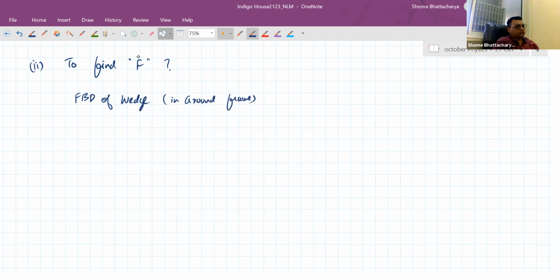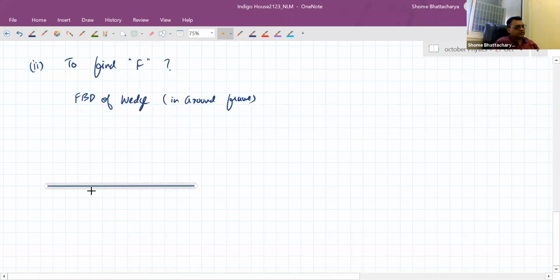But why I'm saying it's one option, because when we consider that option, there is one extra thing that we'll have to consider, and that is a normal contact force between the block and the wedge. So that will mean a little bit of extra solving. So that's why I will avoid this. But let me just show it to you how it will first look. So if I'm in the inertial ground frame, with respect to this frame, this is moving with an acceleration, which I've already found out.